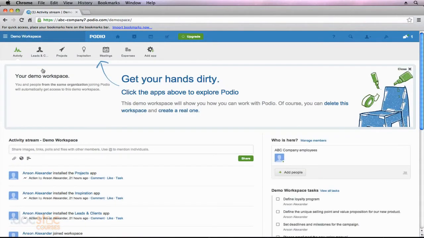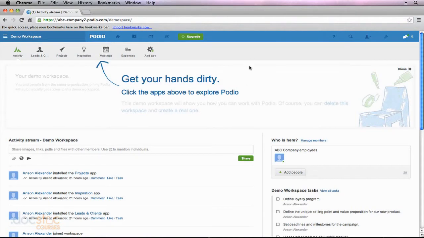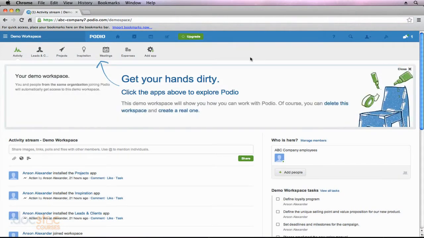And you'll notice that it takes me to an entirely new section here in Podio. And I mentioned earlier that there might be some pop-up boxes. Well, here is one of them. It says, "Get your hands dirty," and it tells us that there are apps listed above our workspace, just below the blue toolbar that we talked about earlier. So I'm going to close out this message for now so we can get a better look at our